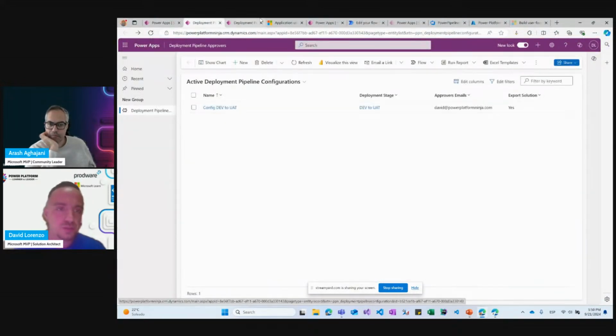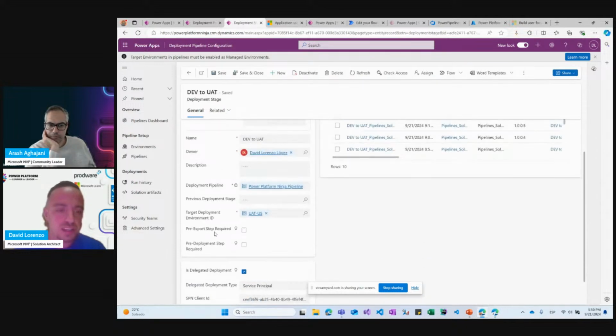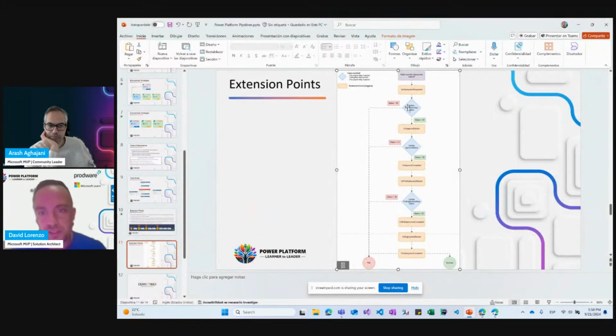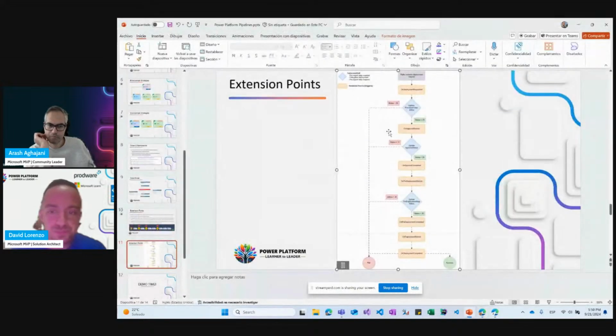We go to this stage. We haven't checked the pre-export step required here, so it won't stop here. So it will continue down. And as we have checked the is delegated deployment, it will stop here.